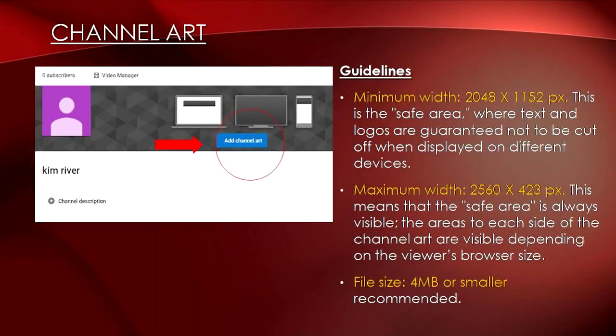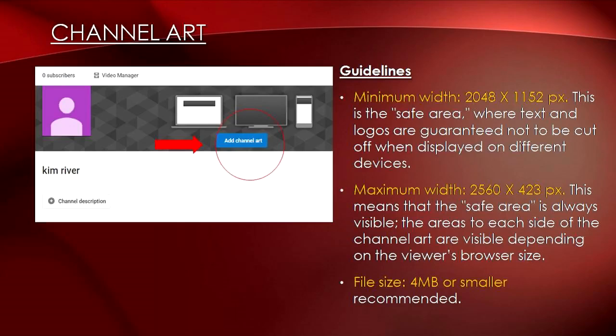You can use channel art to brand your channel's identity and customize an appearance that only your business channel has. Your channel art will be visible on all platforms where viewers can see your channel, although it might differ in appearance on desktop, mobile, and TV displays due to specific dimensions. For the best results on all devices, we recommend uploading a single 2560 by 1440 pixel image. To upload your photo, click the Add Channel Art button in the middle of the cover photo area.